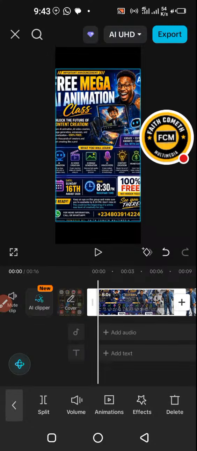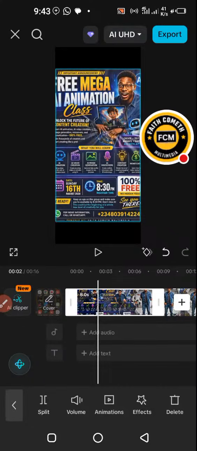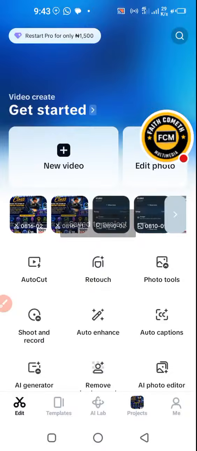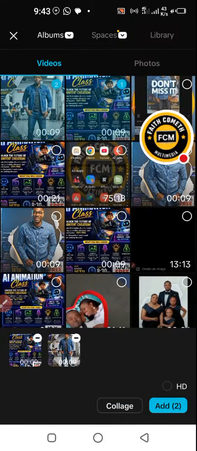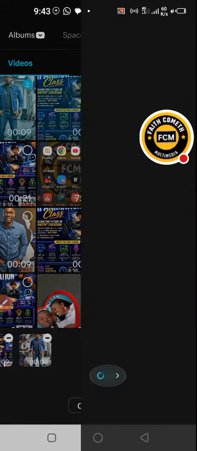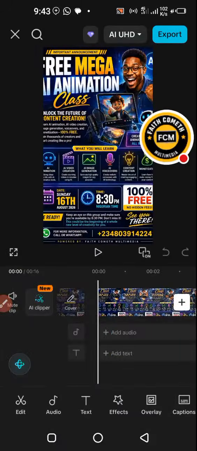I think the size has an issue, because of the first size we used. Quickly let me do it again so that I can go with this size. I'm going to click on add, then select this, and then click on add. All right, so we have the correct size now. So if you play it now,